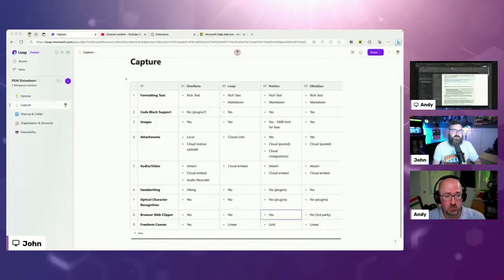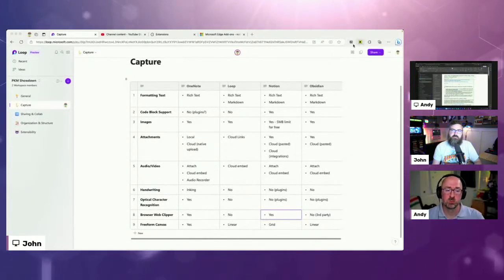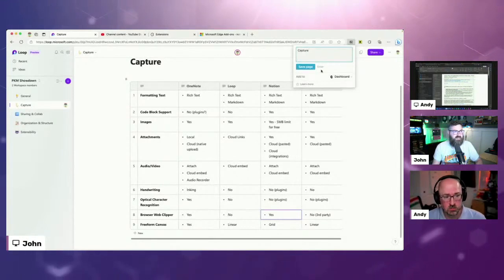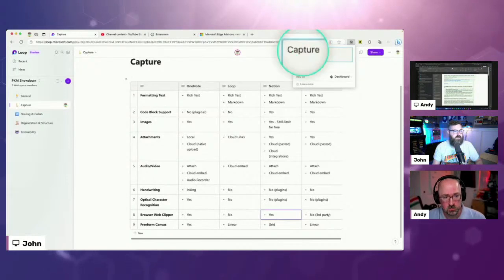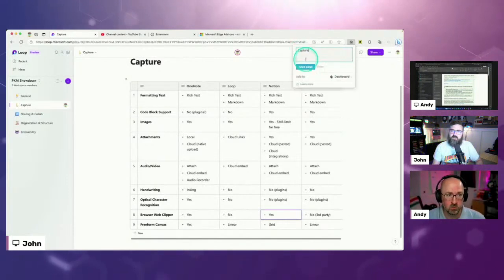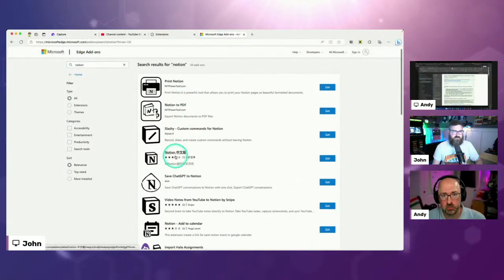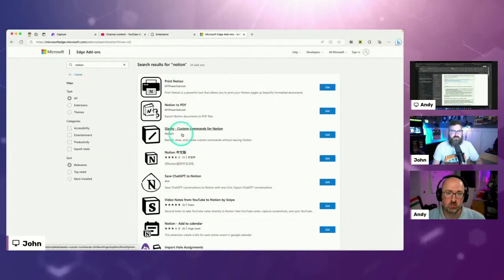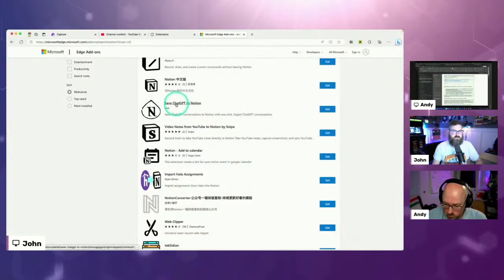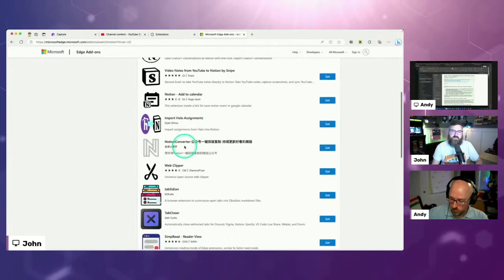Now, the way I use web clipping is I don't really use the Notion one all that much. I'm going to show what it looks like, but I have both installed and I'll talk about what I actually use. So the Notion web clipper is there. You can give it a title and then you can say where it's going to go. So you select your area or if it's going to link into a database. That's basically what it is. Now, there's a lot of other add-ons to print something to PDF or to do custom stuff with Notion. There's save ChatGPT output to Notion. That's another type of clipping and sending somewhere else.